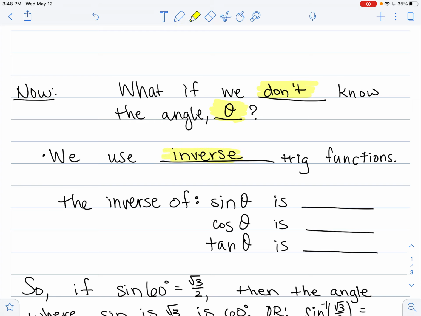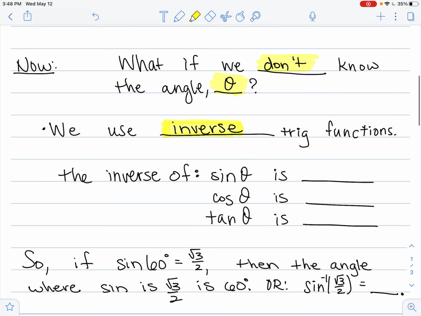trig function. And here's what this is. Basically, it's the opposite of a trig function. Instead of finding the trig ratio, we're looking for theta. So the inverse of sine theta is this notation of inverse sine. Theta is inverse sine. This notation right here looks like to the power of -1, but we actually say that's inverse sine. The inverse of cosine is inverse cosine, and the inverse of tangent is, of course, inverse